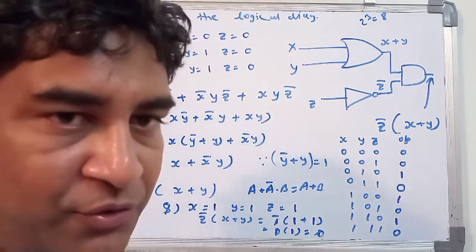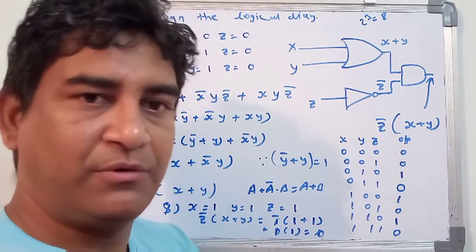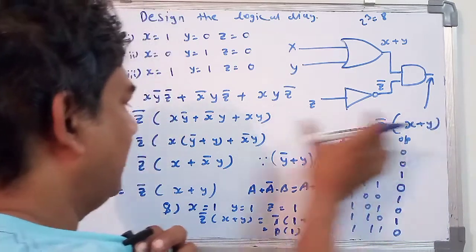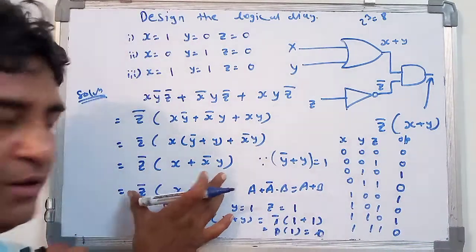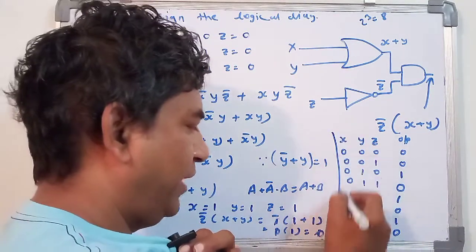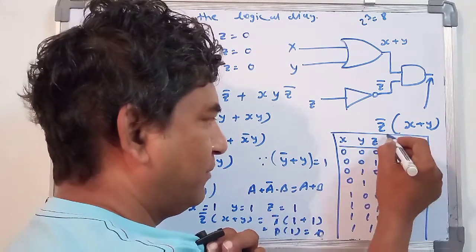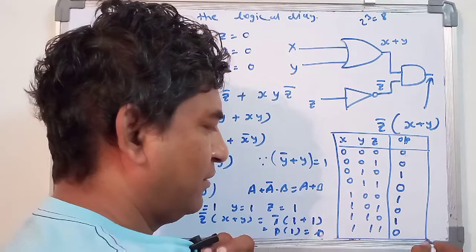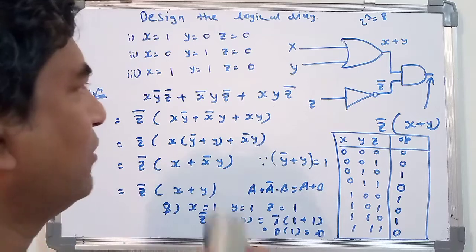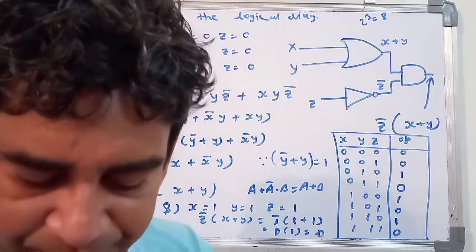So in this way you have to draw the truth table also. Means you may be able to draw the truth table by observing the output of this particular equation. Okay, by solving you may also draw the logical diagram and the truth table. So this is the way of drawing the truth table in your examination paper. Okay, this problem is very much important. Like this there are 2 or 3 problems given in a textbook, so be careful solving that particular problem.